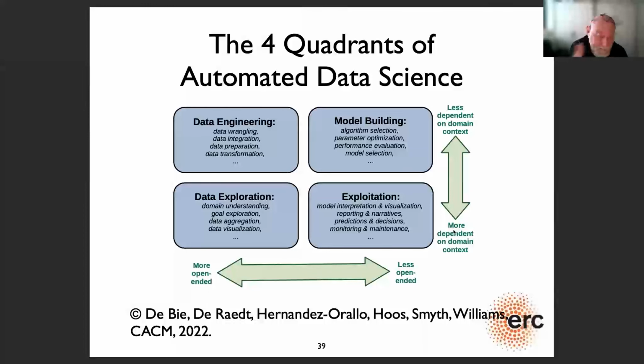Okay, so that's a short intro to these 4 quadrants of automated data science.